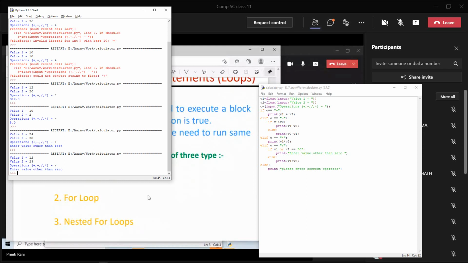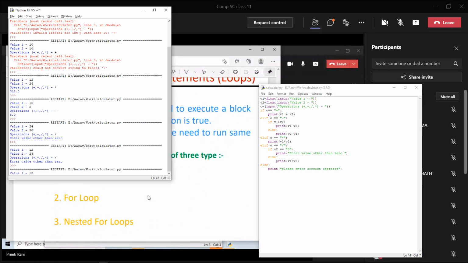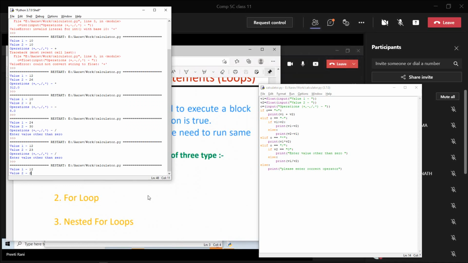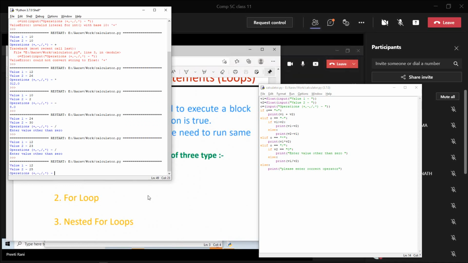If you want to run the same code again and again according to a particular condition, let's say 10 times, 50 times, 100 times or 1000 times, it will take that condition, how many times we want that particular loop.